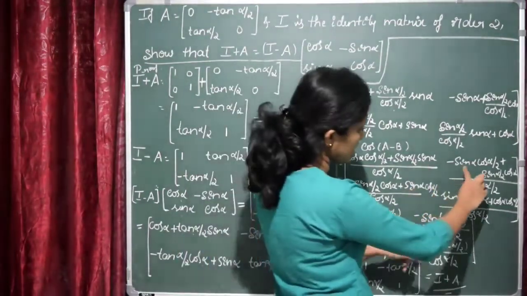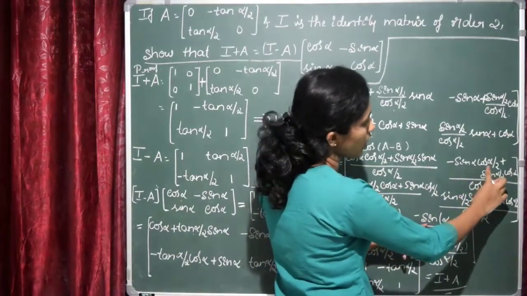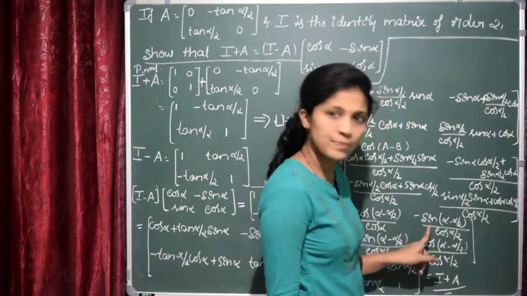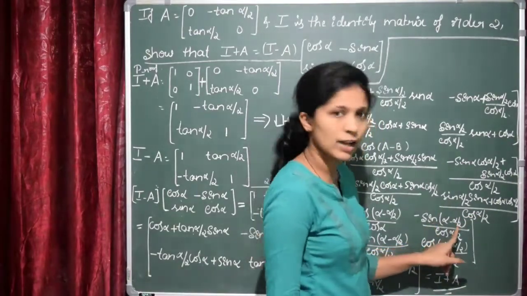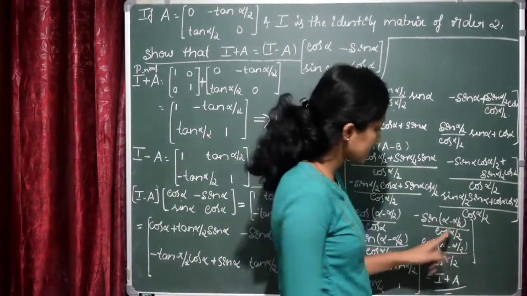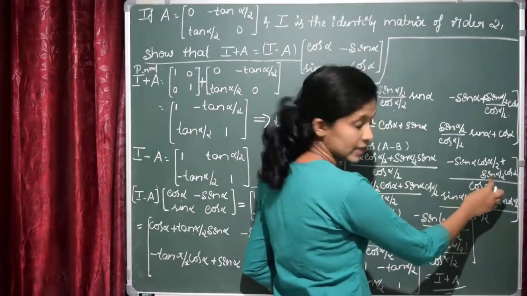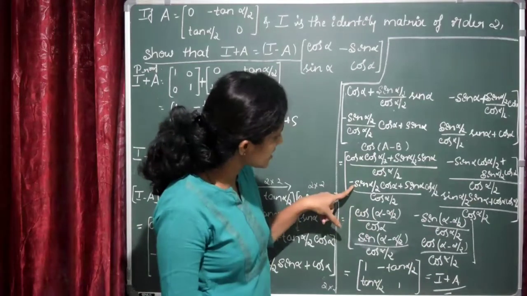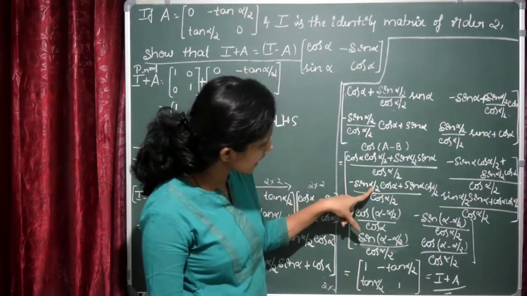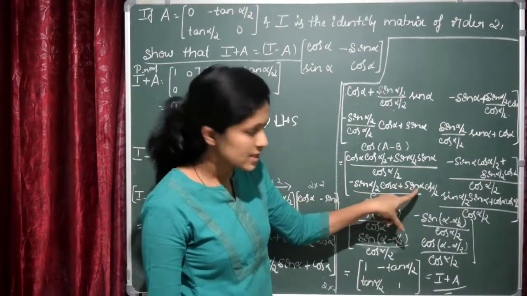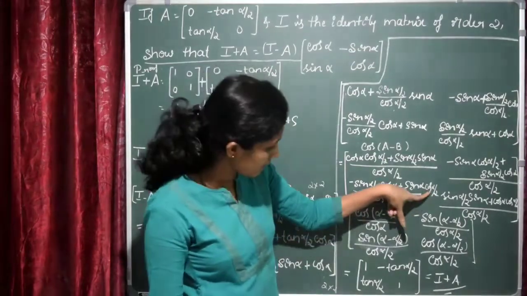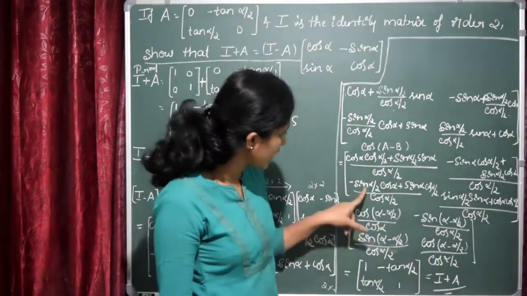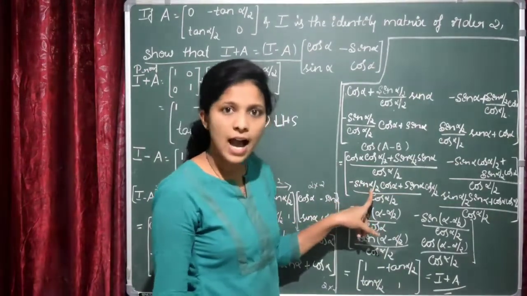So here you can see this one, minus sin alpha cos alpha by 2 plus sin alpha by 2 cos alpha. What is the formula? It is, minus as it is, sin of alpha minus alpha by 2, right? That is the sin of a minus b formula. Is it clear? Sin of a minus b. Here, now you can see this one, sin alpha by 2 cos alpha plus sin alpha into cos alpha by 2. Again this is of the form sin of a minus b. What is the value of a? A is alpha and b is alpha by 2.